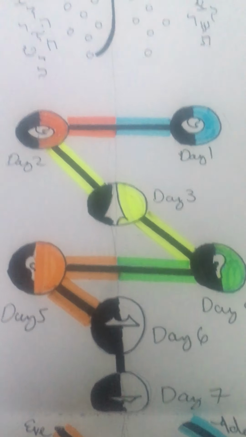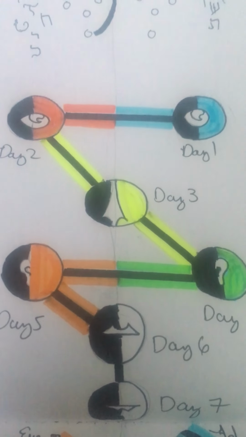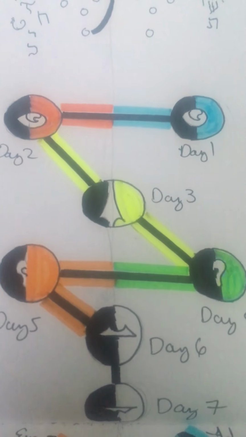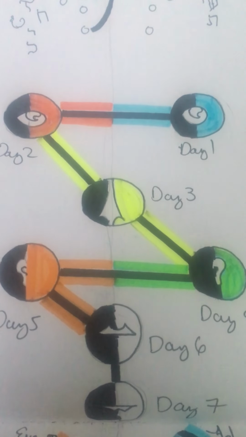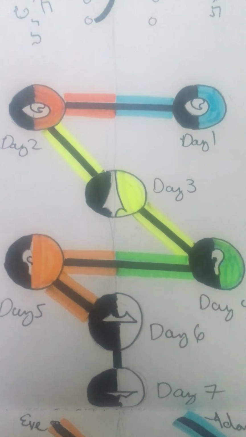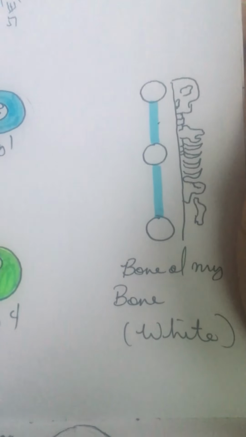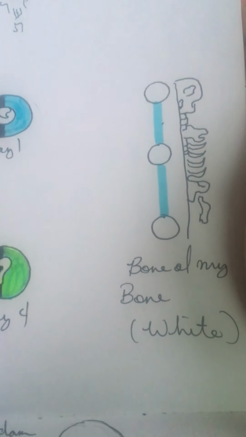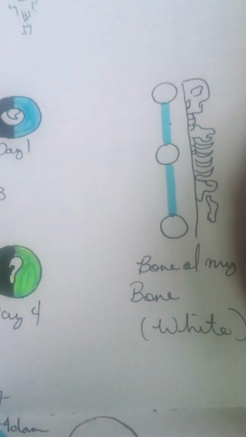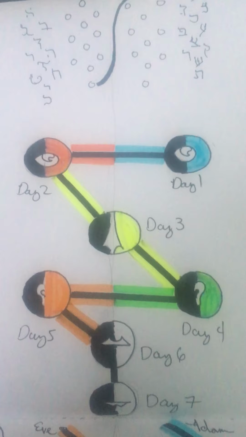This is the backs and fronts of the Sephiroth, and in the same likeness. And the man said, this is flesh of my flesh, bone of my bone. So what is the flesh and flesh of bone and bone? Flesh is red, mystery of the left side. And the bone is white. And so the mystery of flesh of my flesh and bone of my bone is the backs and fronts of the tree, which is the face of the Blessed Holy One.